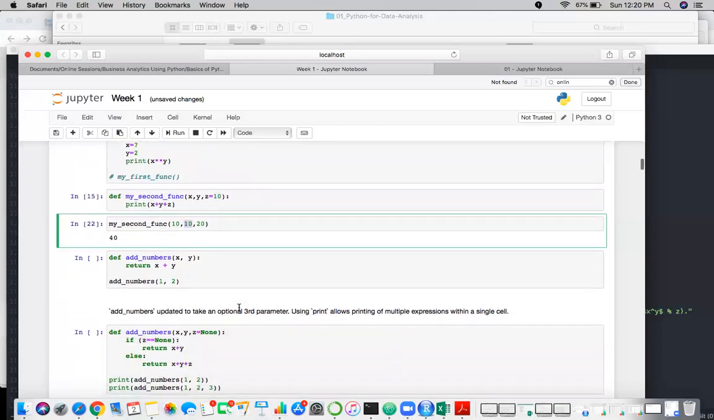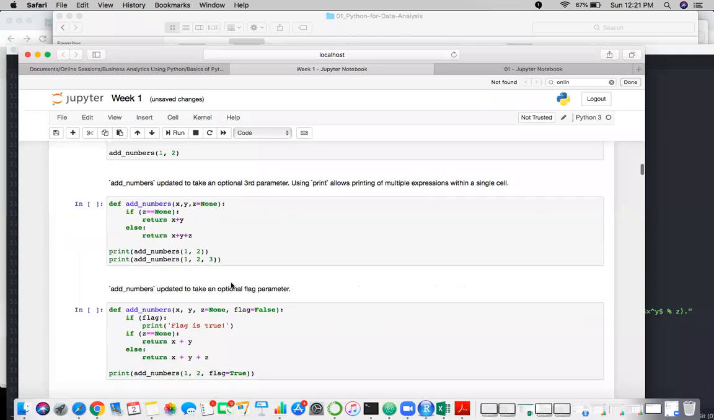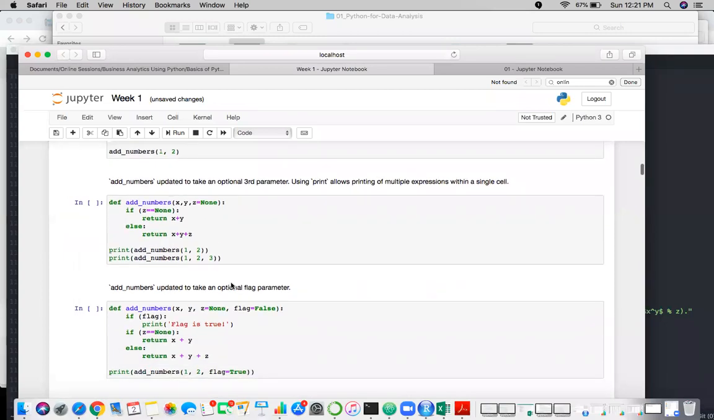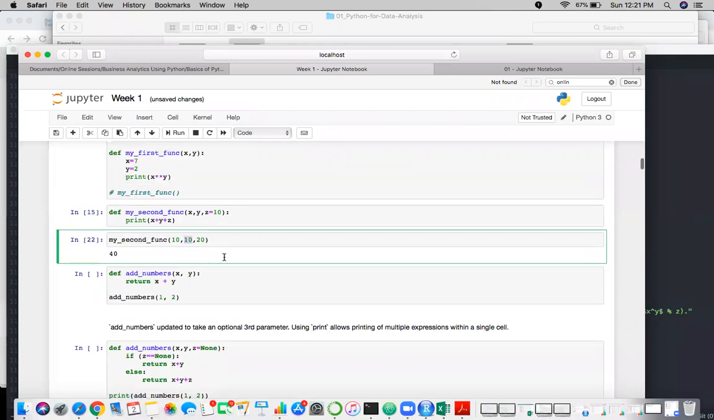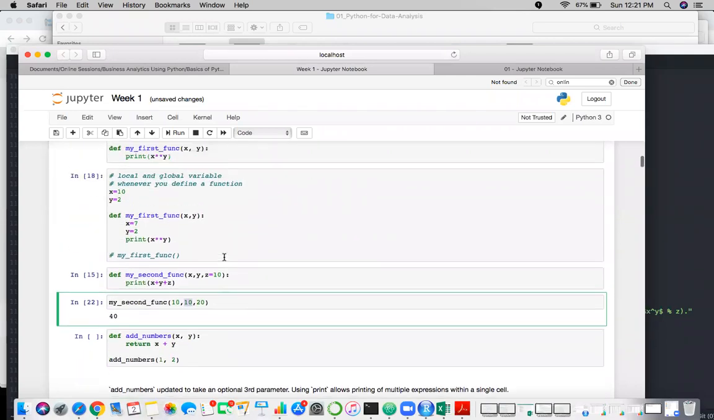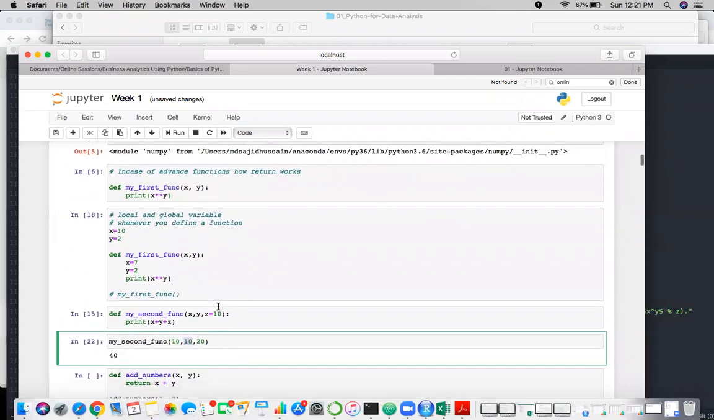I guess we are good, right? In functions we have a lot to discuss, which we'll see with examples in coming time. I guess we are good for today. I've already shared the